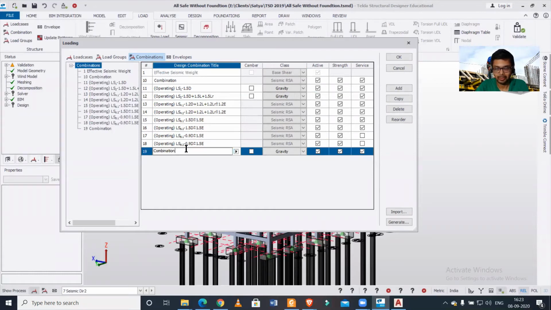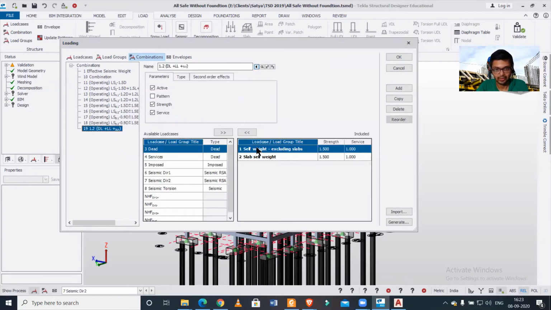Let's say I'll make this combination, and I'll name it 1.2 DL plus LL plus minus SLX, or SL1, whichever we can say.